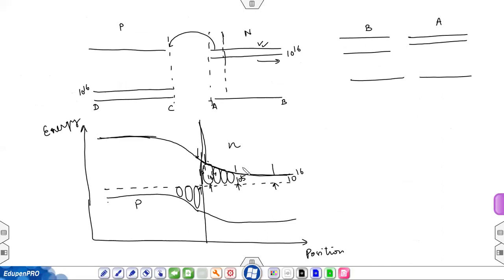So now since there is a potential gradient, since there is a higher energy towards this side, so the electron cannot climb. How the electron will climb? Because electron does not have energy. कहीं बाहर से तम energy तो दे नहीं रहे. So electron cannot move towards this side, towards the P side. So the further movement will stop.